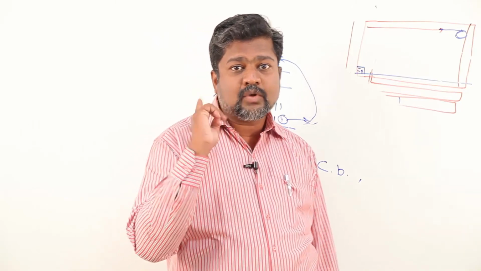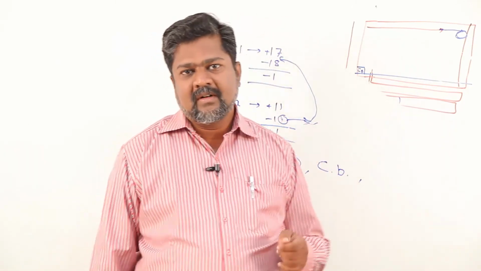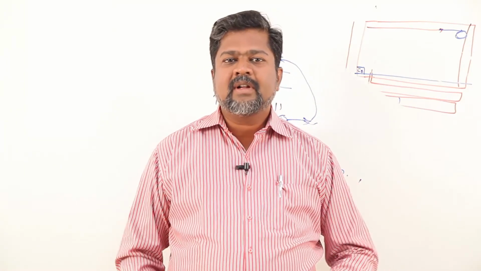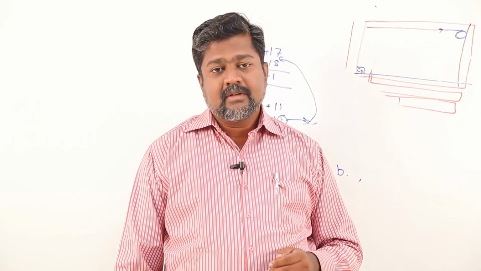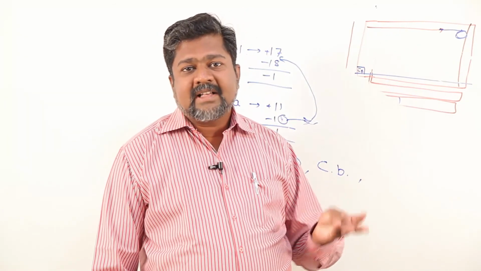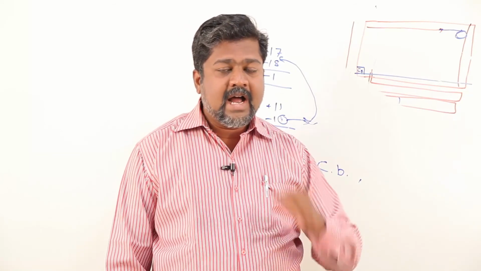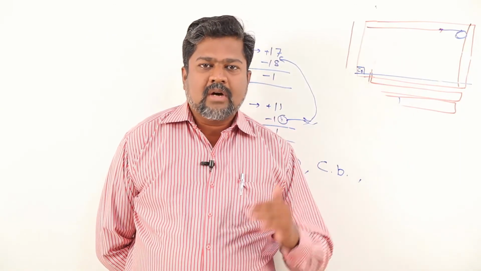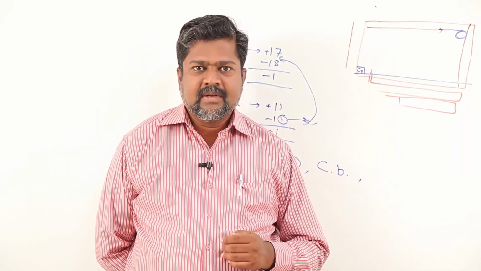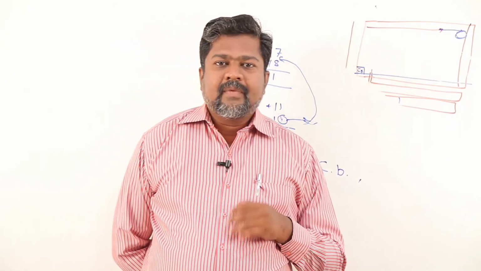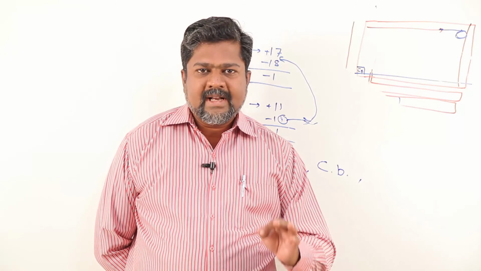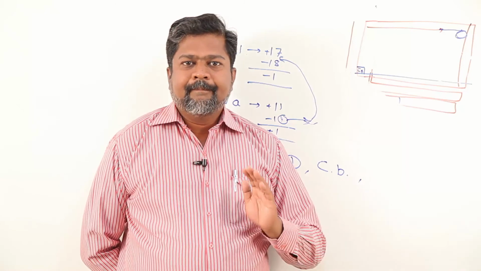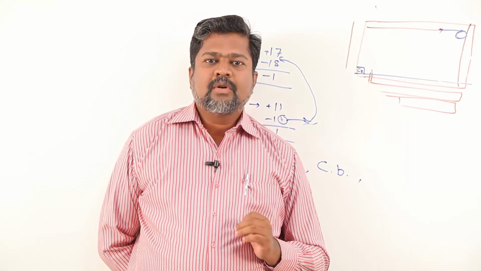somewhat metallic character, say iodine shows somewhat of a luster. Iodine actually is a sublimable substance, but it survives till a very high temperature in the solid state. Fluorine is a gas, chlorine is a gas, bromine is a liquid, but iodine is a solid. So like that, in that group, as we move down the group, metallic character increases. Everywhere you will get more metallic character towards the bottom of the periodic table, and non-metallic character towards the top part of the periodic table. This is the general discussion about metallic character.